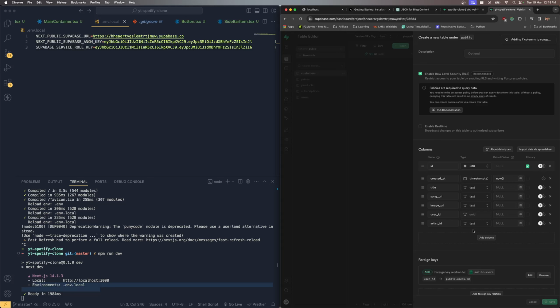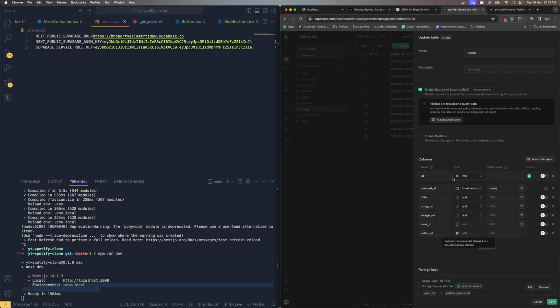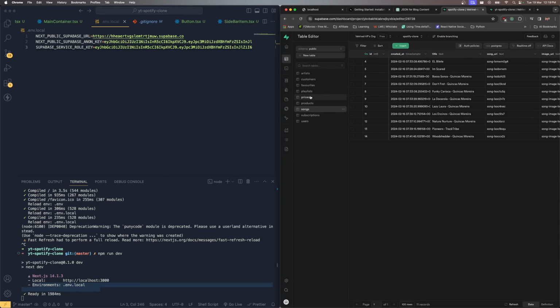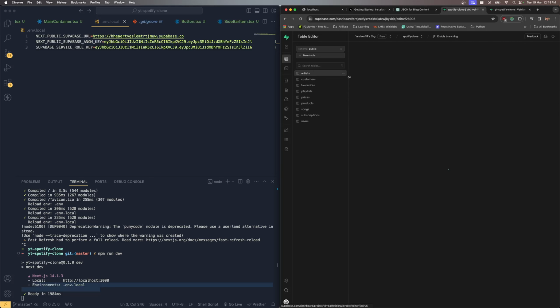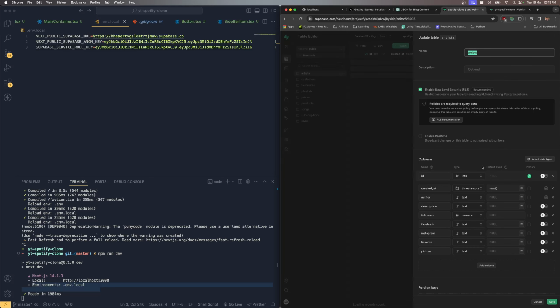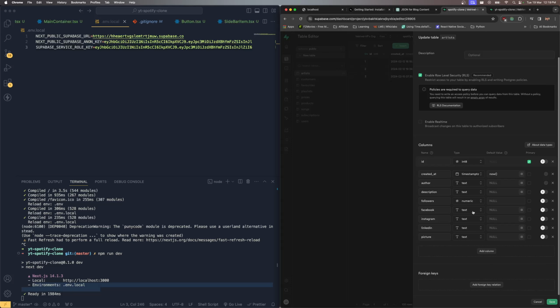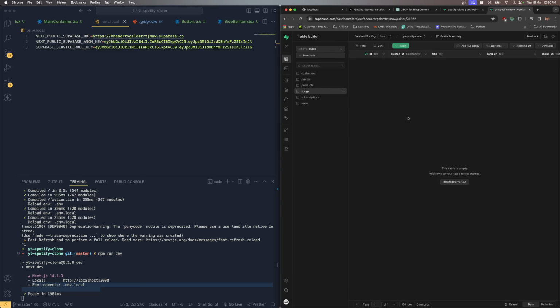Then we can customize that foreign key relationship with the song ID and all those things, right? So over here you can see this is also mapped with the artist ID, right? So I'm just going to get back to the artist table over here, and let me edit this table, and you can see these are the necessary fields that we need to have with the artist. And you can see now we successfully created the songs table, and everything has been created,